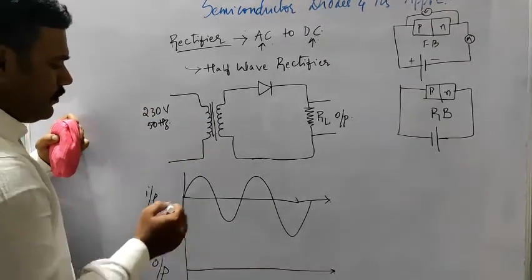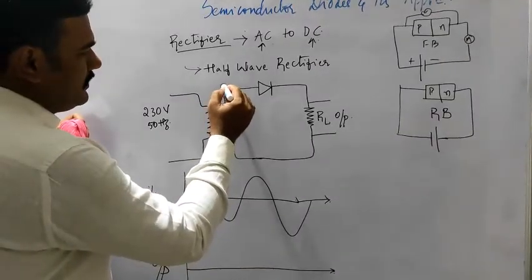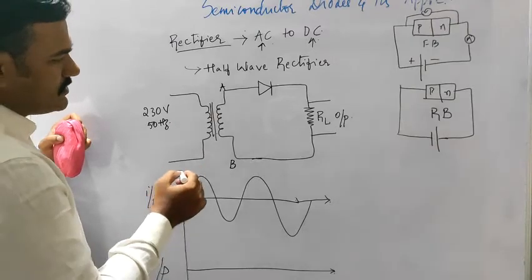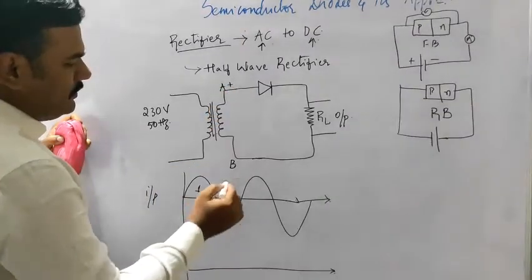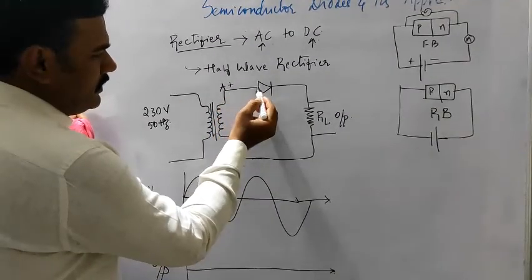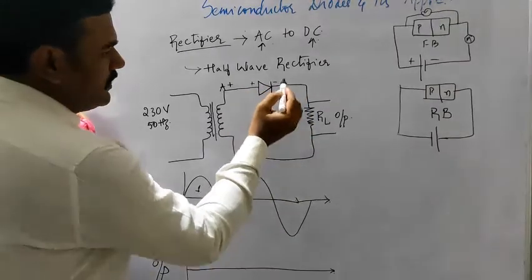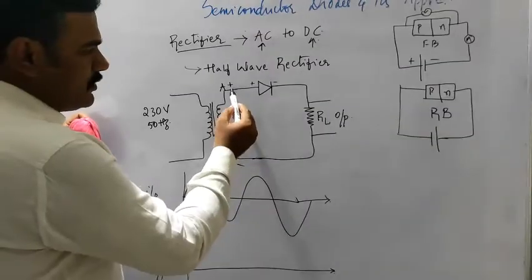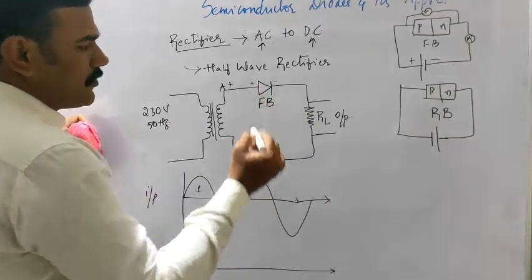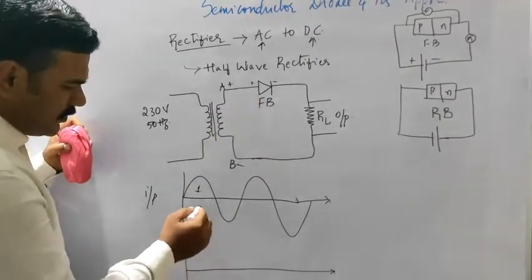Now, when the first half cycle comes across the secondary, if we define these two terminals as A and B, then terminal A becomes positive and B becomes negative. This positive is connected to the anode and negative is connected to the cathode. Anode means positive terminal, cathode means negative terminal. Now, when positive is connected to positive and negative is connected to negative, we say that the diode is forward biased. When the diode is forward biased, it conducts current. Therefore, this first positive half cycle